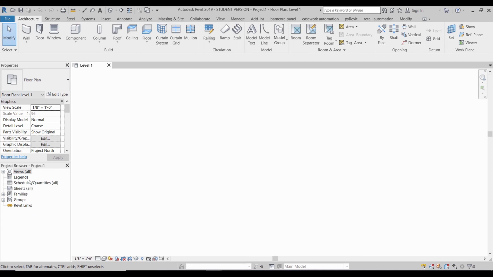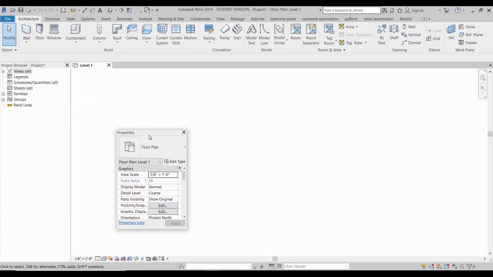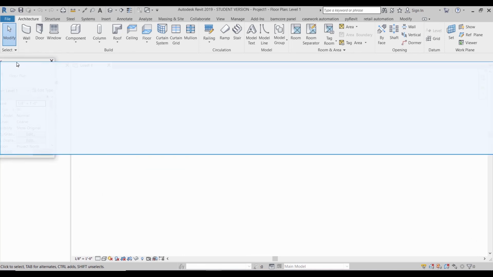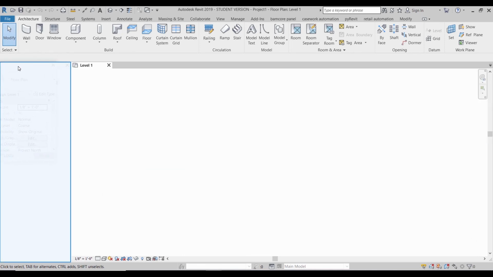You also see here on the left that there's another series of panels, which is the properties panel and the project browser. You can control that from the views. You can remove that, move it around and do a bunch of things, move it to a separate monitor, and so on. It gets kind of tricky sometimes to get it to host correctly.